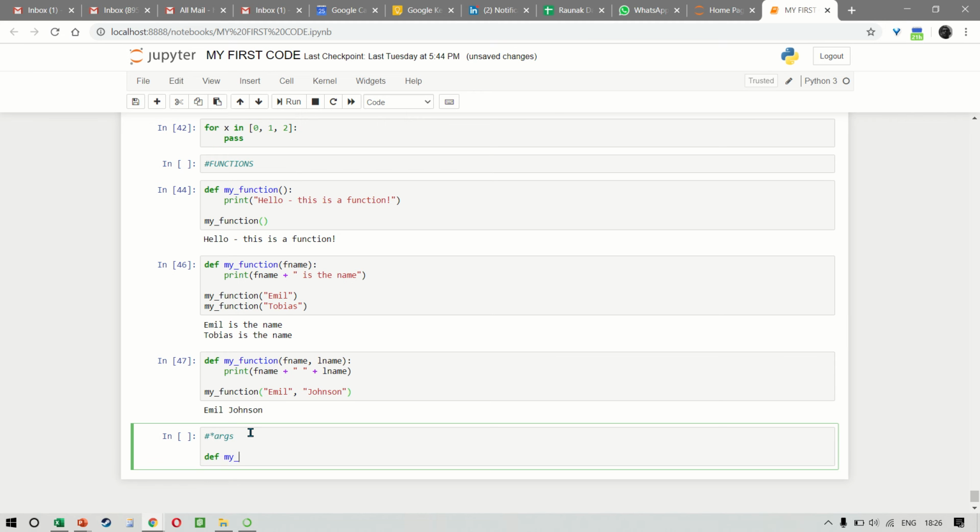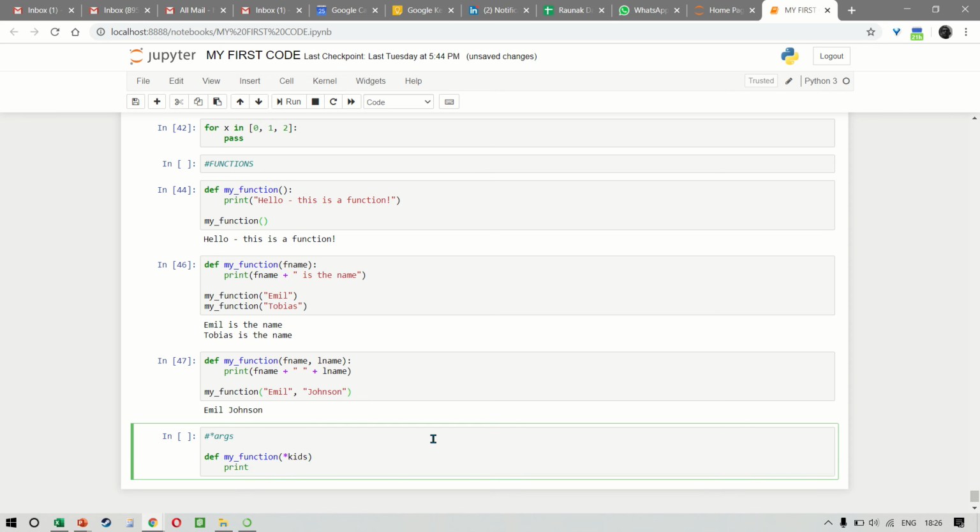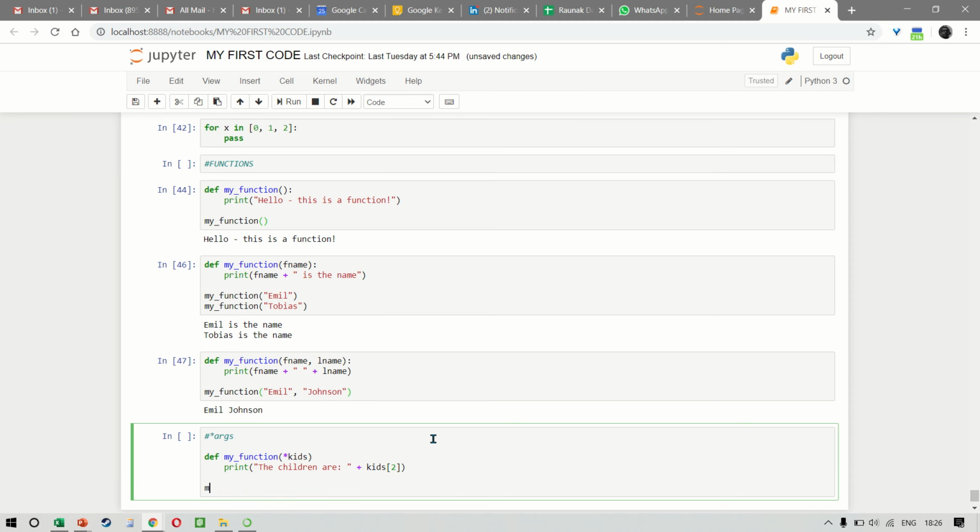Let's say my_function, now we don't know how many kids somebody has, so we put an asterisk and say kids, and now we can say print the youngest, the children are, let's just make it simple. So the children are, and let me put a space and then concatenate, and now we say kids and 2.